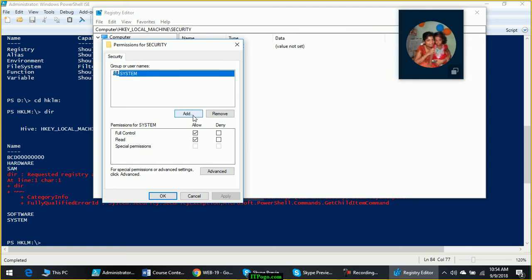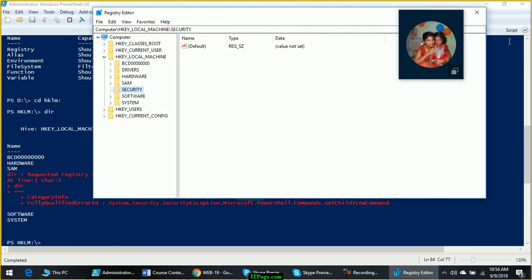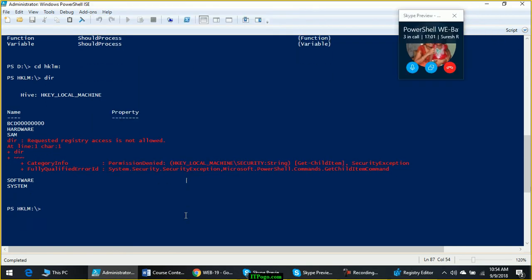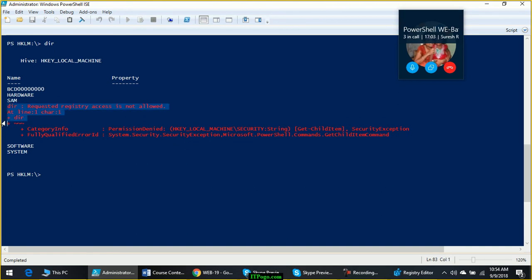I can add administrator or my current local account here and then allow full permission. Then I will not get this error. But I don't want to do that because this is a system related key which I don't want to mess up. So we can ignore this error which it is giving for the security key.